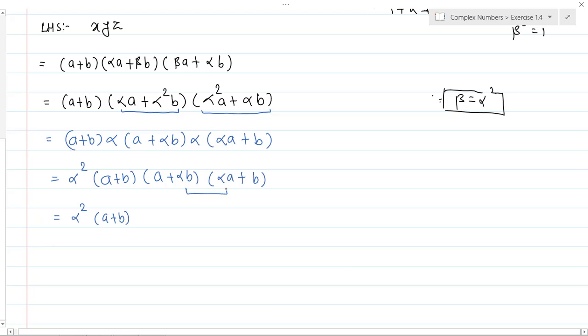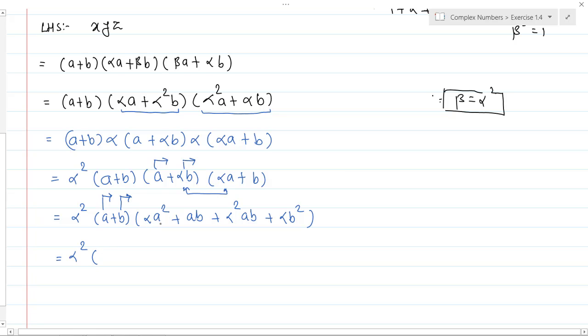Let's open these two brackets now. Okay, so a into second bracket, then alpha b into second bracket. So a into alpha a becomes alpha a square plus a into b. Very good. Then we have alpha b into alpha a, which becomes alpha square ab. Okay, then we have alpha b into b becomes alpha b square. This is equals to alpha square into, now let's multiply this a by this second whole bracket, then afterwards b into the same whole bracket.